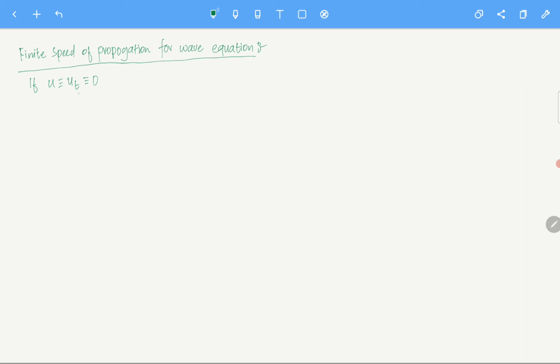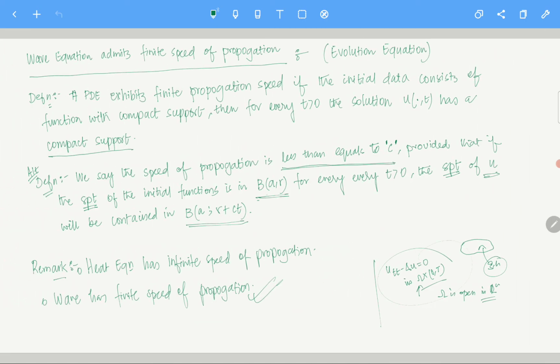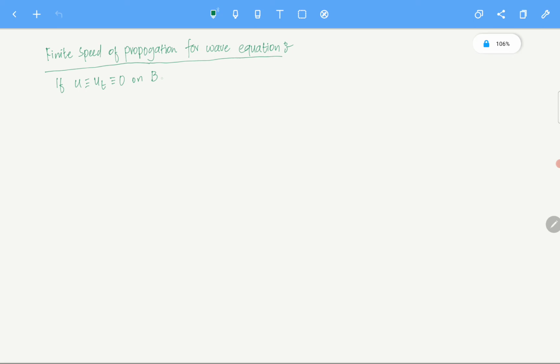So basically, if the initial data has a compact support in some ball B(x0, t0) at t equals 0, then do you think u will be something other than 0? No. So then u is identically 0 within